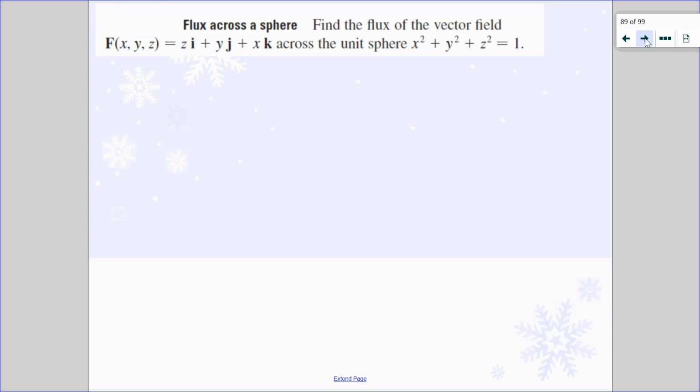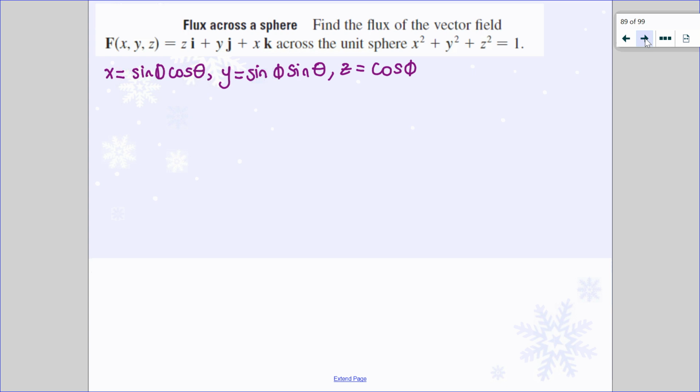So the quantity, the parameter that does not change is rho. Rho is 1. So I can set X equal to sine phi cosine theta. I can set Y equal to sine phi sine theta. And I can set Z equal to cosine of phi. And again, those are just our standard definitions using spherical coordinates, setting rho at 1 because we have a unit